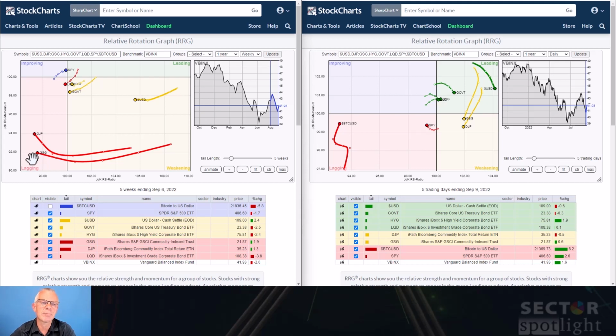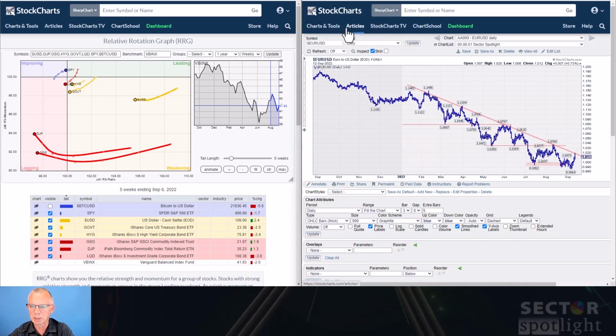Let's take a look at some of the individual charts. I think the most notable move that we see at the moment is the one in the dollar. And I always look at the euro-dollar chart. What you can see here is that after a period of relative stable movement between, let's say, 0.99 and 1.01, it looked as if it was breaking lower, but it didn't really happen,